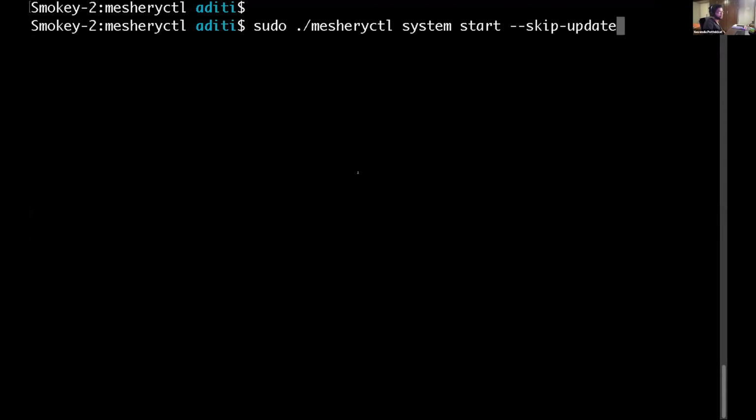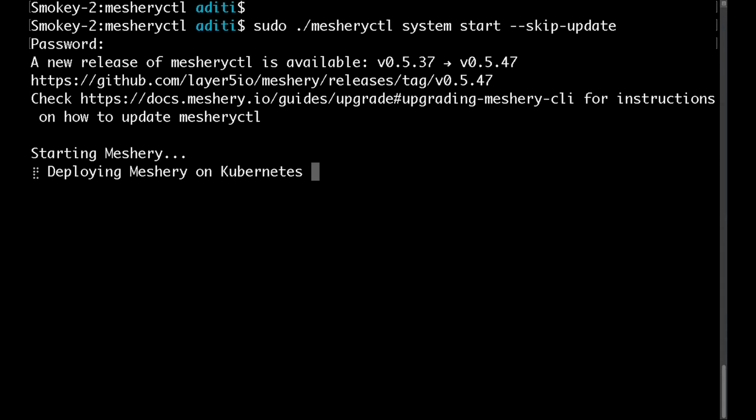So as you can see, earlier Kubernetes did not have a skip update flag. The flag I have added attempts to skip update in the sense that it uses your cached manifests if possible. Now the conditions for using your cached manifest include: in the Meshery deployment file, the version given should match the config file. The operator manifest should be present, and so should the adapter manifests. If that is possible, instead of re-downloading and then starting, you can see it just starts.